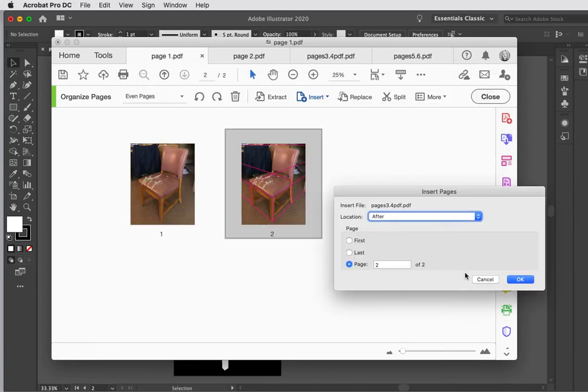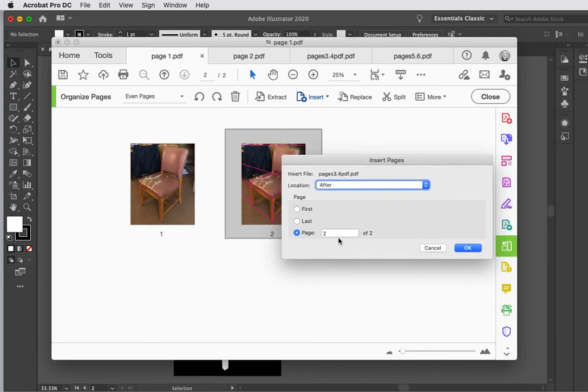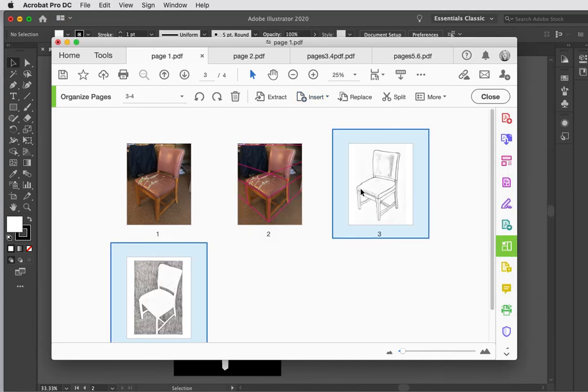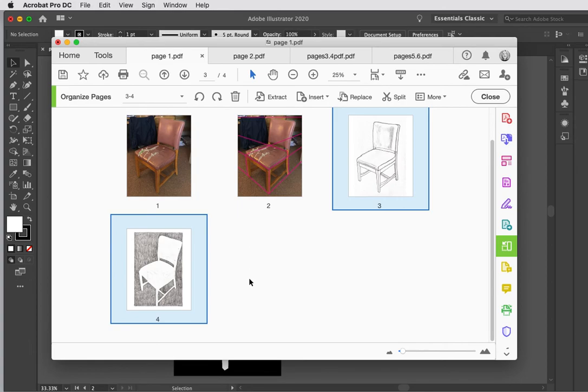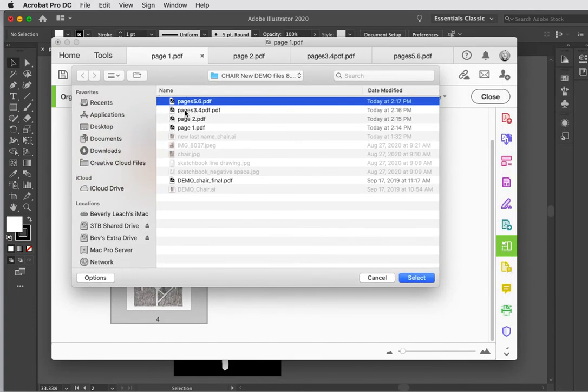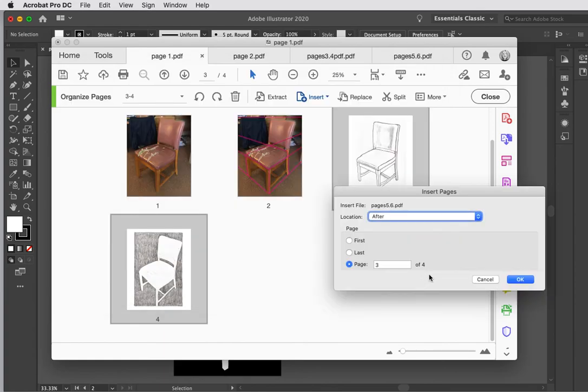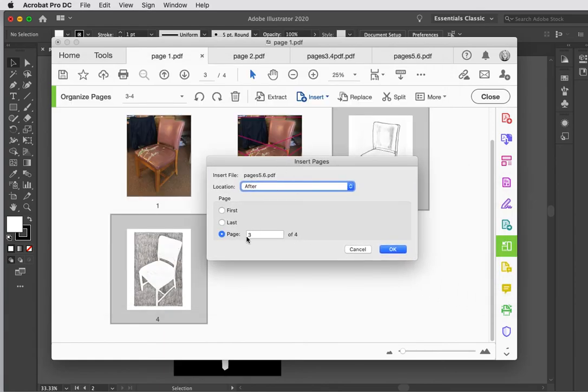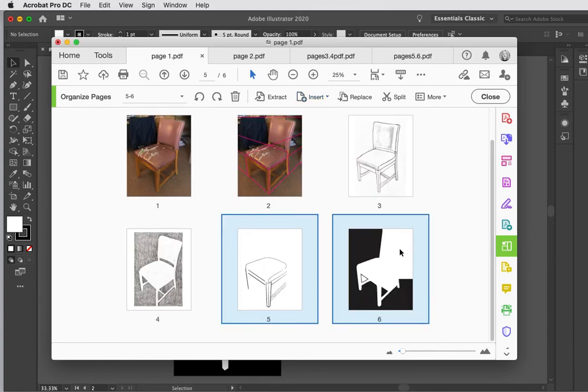They're going to go after page 2. After page 2, so I'm going to say OK. And there's page 3 and 4. Great. Insert from File, pages 5 and 6. Same folder where I previously saved everything. Select. Pages 5 and 6 go after page 4. I say OK. Great. Now I have the whole project,